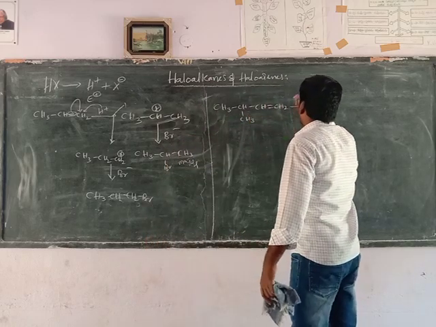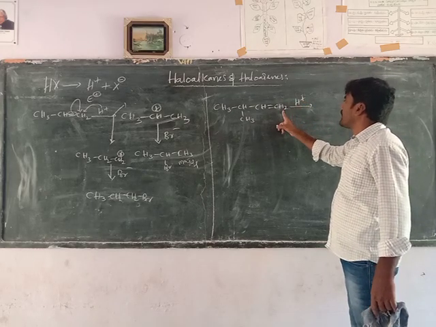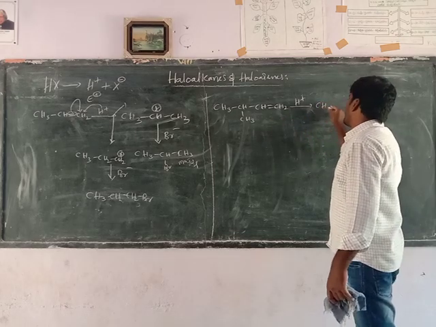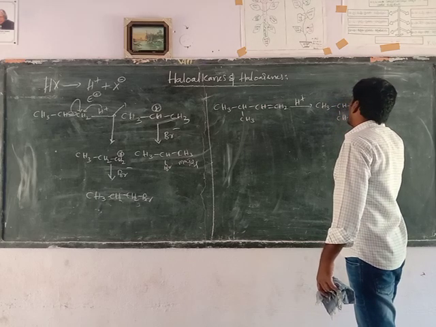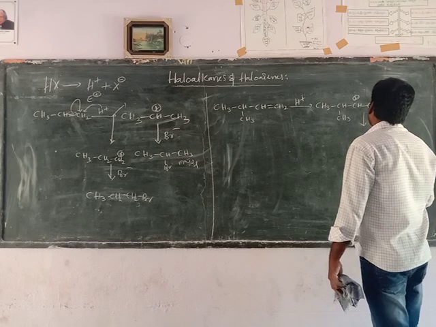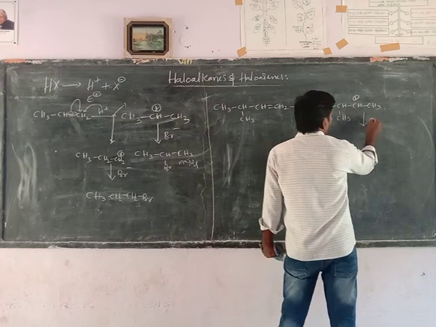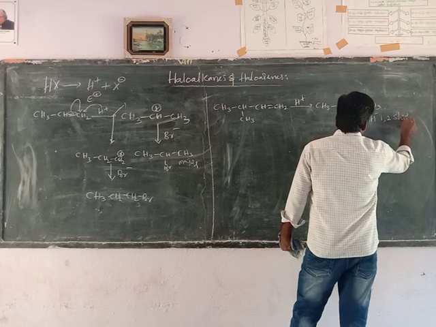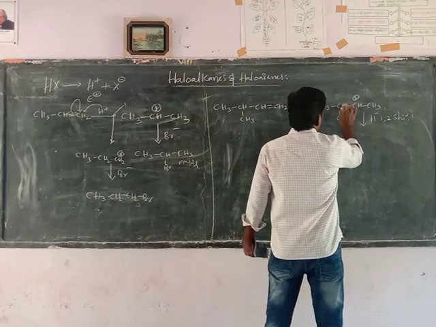This alkene reacts with hydrogen halide. Initially the proton attacks the multiple bond carbon with more hydrogen atoms according to the Markovnikov rule. You will get a secondary carbocation as an intermediate. The secondary carbocation increases its stability by the shifting of a hydride ion from the 1,2 position. A 1,2 hydride shift forms a tertiary carbocation.